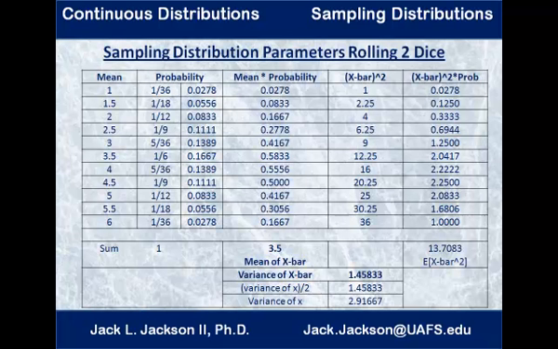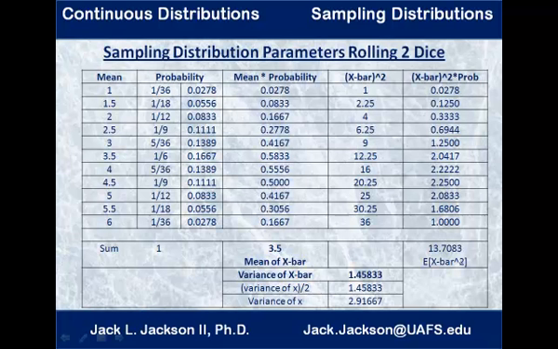We can also get the variance if we use this alternative formula for the variance. We want to square the means. The means are the x bars, so this first column on the left could be labeled as the mean, or it could be labeled as x bar. And so we want to take the x bars and square them. So 1 squared is 1, 1.5 squared is 2.25, and so forth. And then we take all those x bars squared and multiply them by the probabilities. So we take the 1/36 times 1 to get 0.0278. We take the 1/18 times 2.25 to get 0.1250, and so forth, to get all these numbers in the right column. Add those up, we get